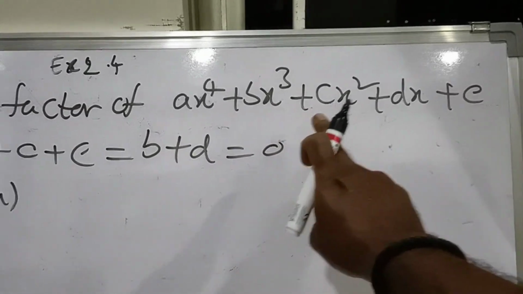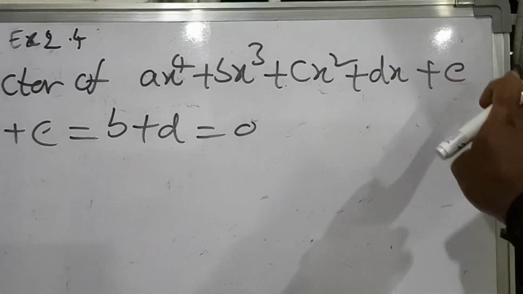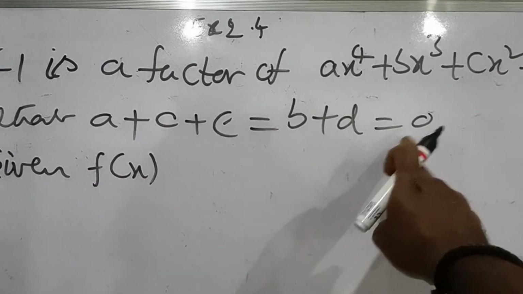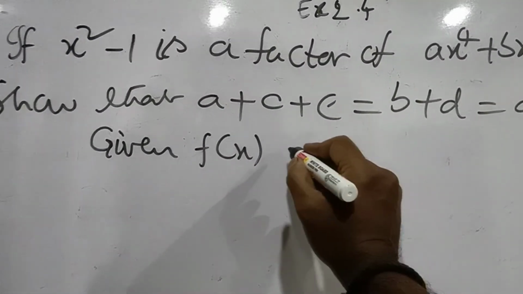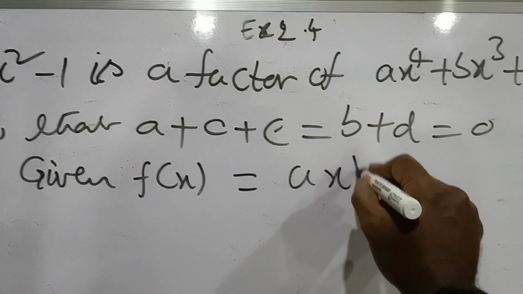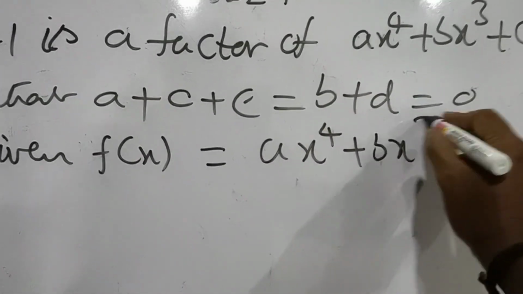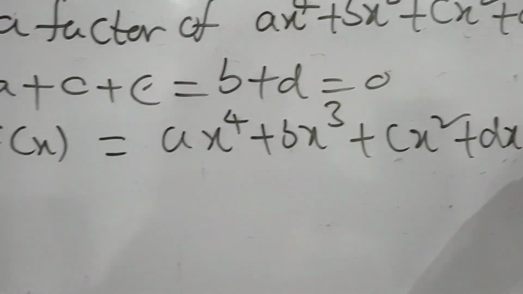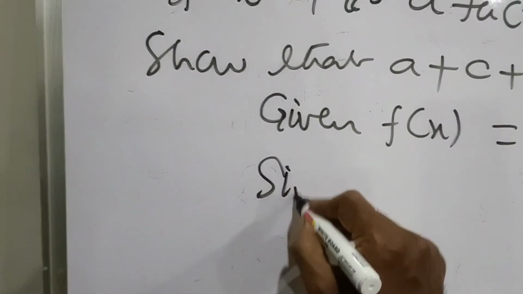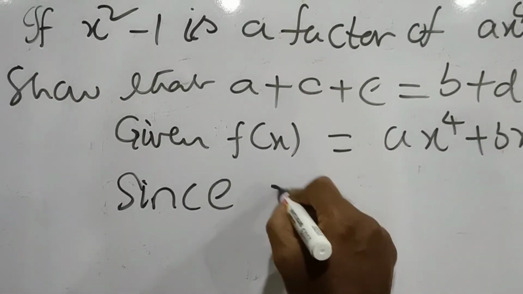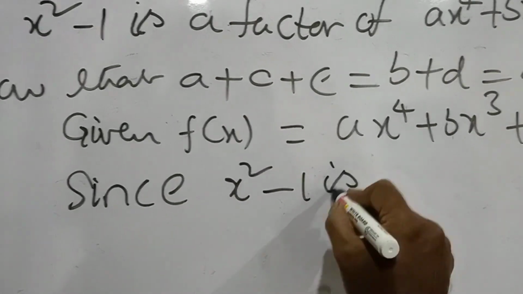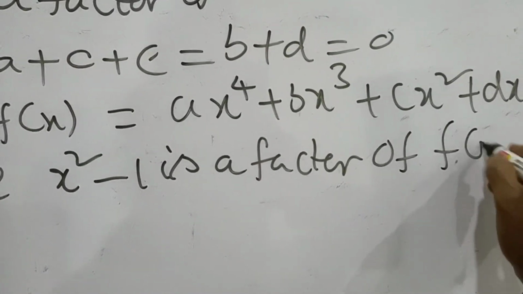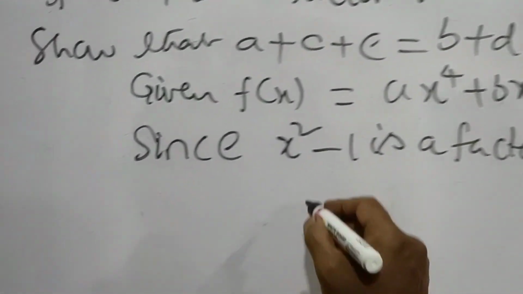Move on to the next question. If x square minus 1 is a factor of ax power 4 plus bx cube plus cx square plus dx plus e, show that a plus c plus e is equal to b plus d is equal to 0. Given f of x is equal to ax power 4 plus bx cube plus cx square plus dx plus e. Since x square minus 1 is a factor of the given polynomial f of x,